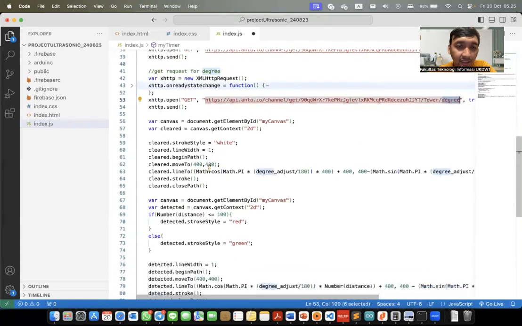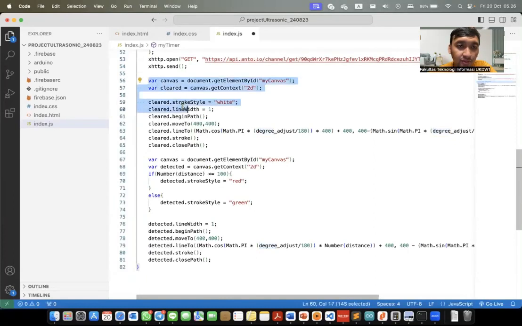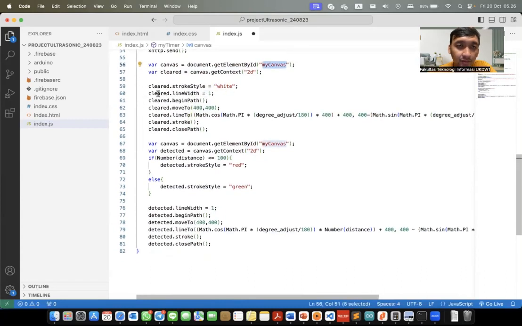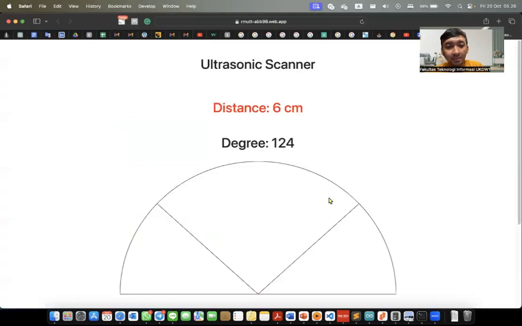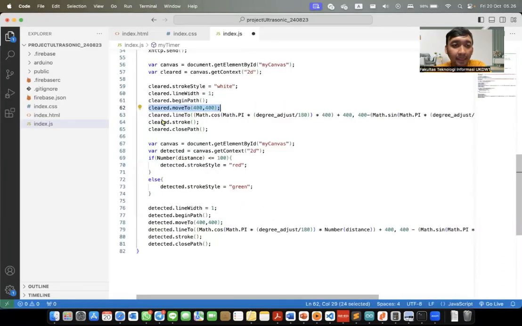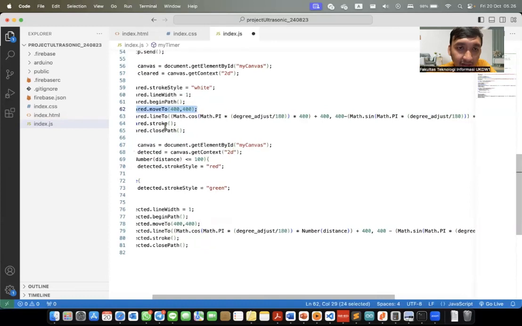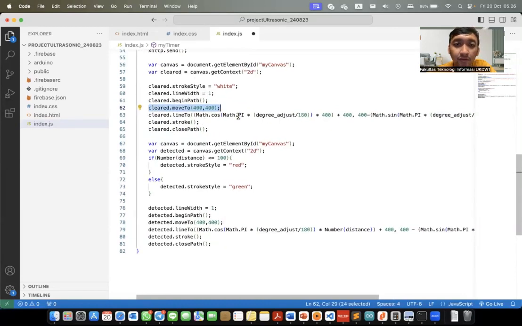After that, we try to draw the line again. This is the line in my canvas, and the stroke style is white and line width 1, begin path. We start from 400.400 in the center, and then we clear the line to make a clean line here.